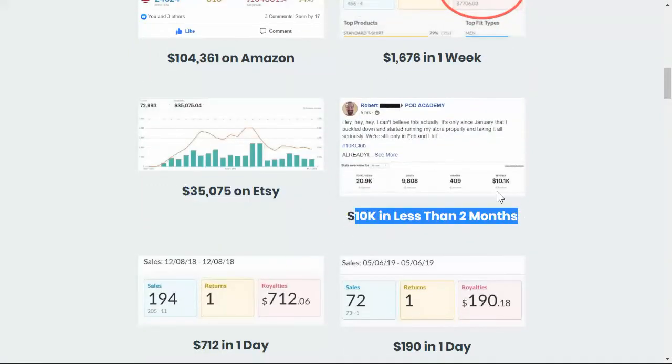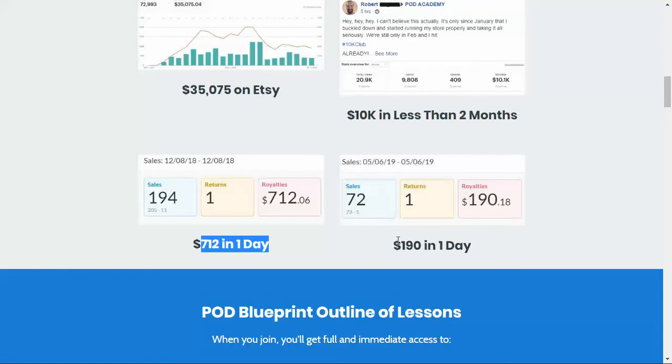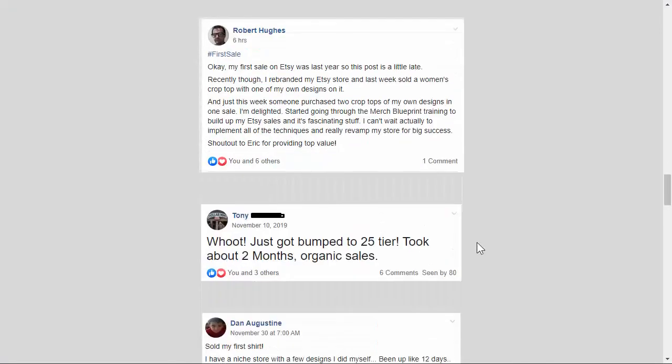Robert, who's in the POD Blueprint, started in late 2019 and didn't really know his workflow. Once he had a workflow going, he really started ramping up his uploads. And when he did, he reached the 10K club, meaning he sold $10,000 worth of print-on-demand products just on Etsy. This is not even on Amazon, the bigger platform. He sold $10,000 worth of products in less than 2 months, in January and February of 2020. $712 in a day, $190 in a day on Amazon. So you can go through this page and see the different types of results that people are getting through this